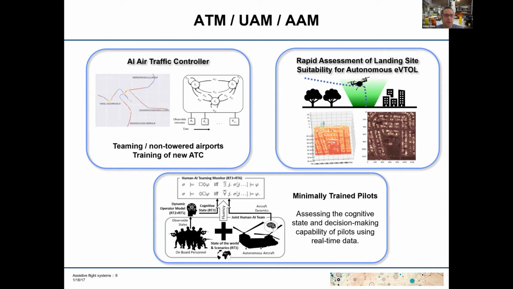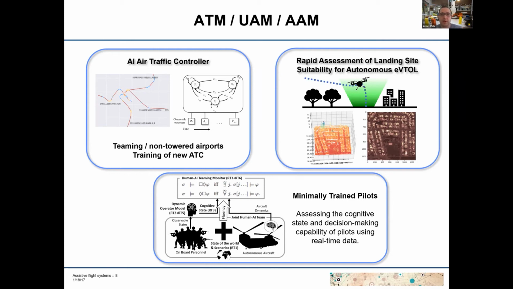So one of our interesting projects that we have going on right now is we're developing, or working towards, an AI model of an air traffic controller. And the idea is if we can build this model, then we can imagine deploying it either at untowered airports, or we can use this model of an expert air traffic controller to help train new air traffic controllers, or we can use it as a safety check, right? So we can look at the decisions of a human air traffic controller and compare it to this AI system and then assess some sort of safety margin.